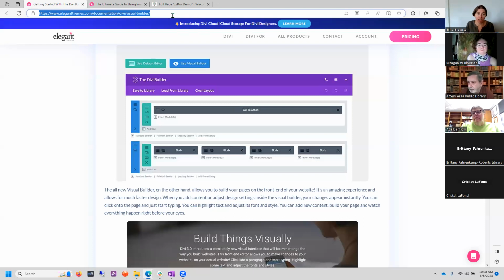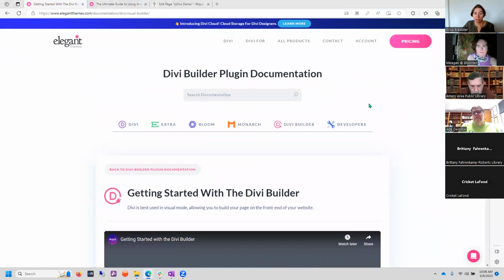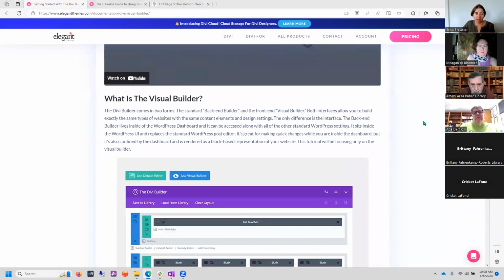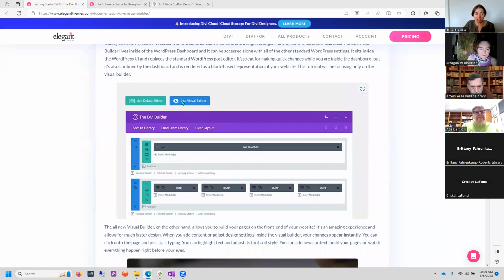There is documentation specifically on the Divi builder. I will copy and paste this page into the chat today. So this is the Divi builder documentation and getting started with the Divi builder. And the visual builder breaks it down to how the theme actually works. We're going to break this down on our own page so you see it, but I want you to take a look at this first, which is a generic page that shows you the back end of the Divi builder